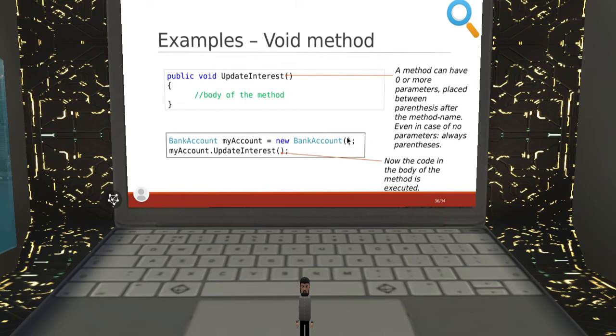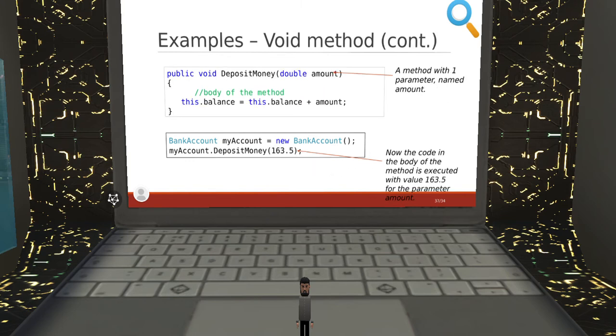It means that I want to execute the constructor of that class. I will talk about constructors next week on Sunday. But for now, the method is written like this, or the use of the method is written like this. The other way of making a void method with some